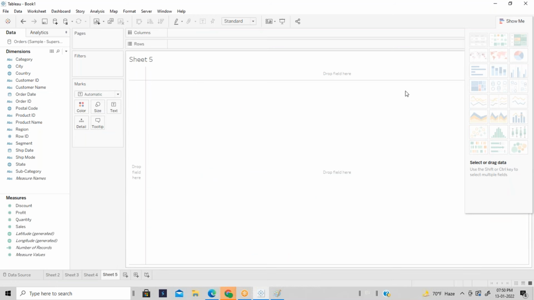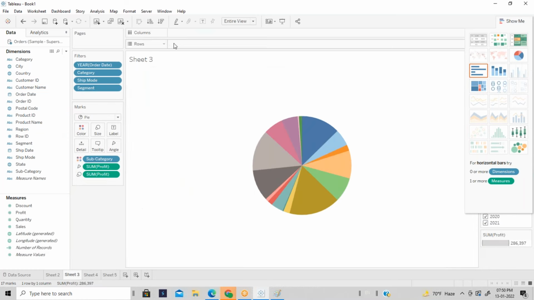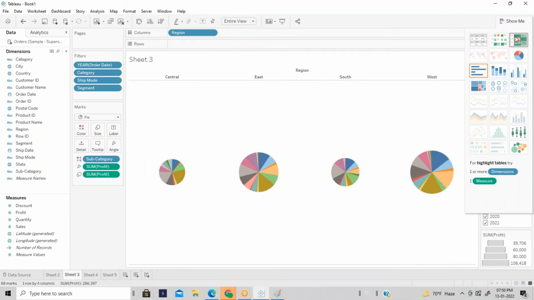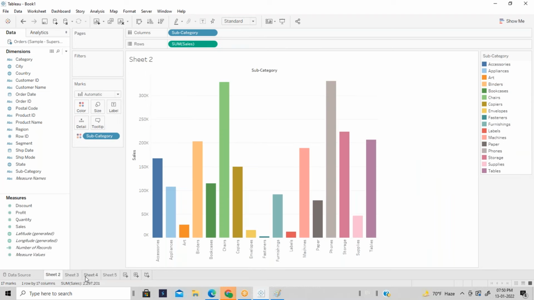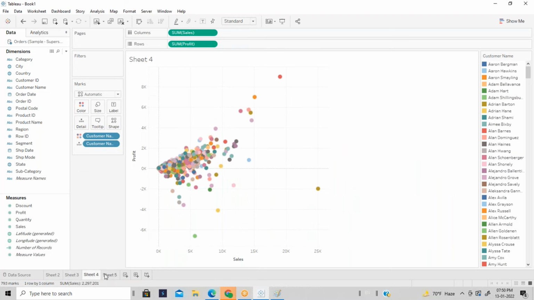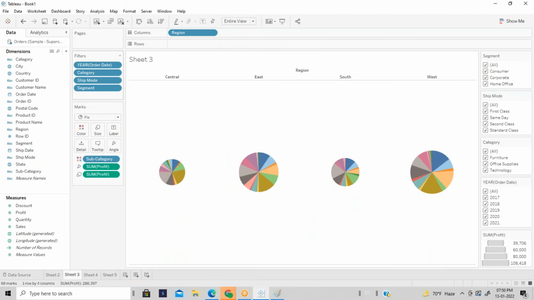Another sheet which I'm trying to create. Let me make this each region-wise data. Also, I want to have a filter on region.